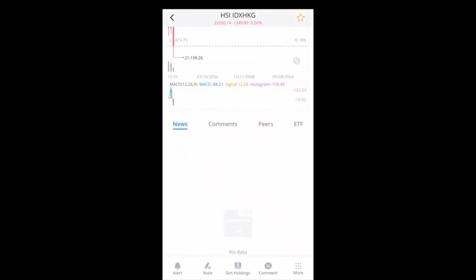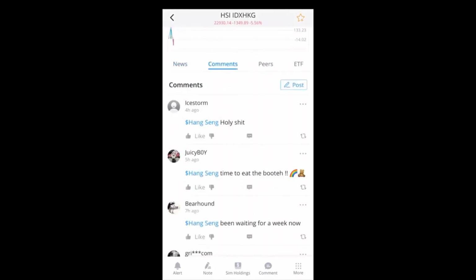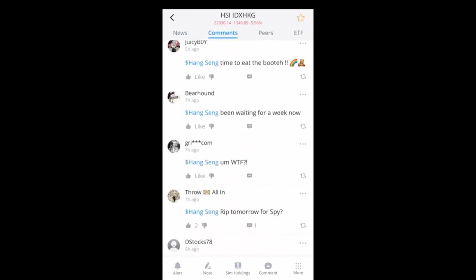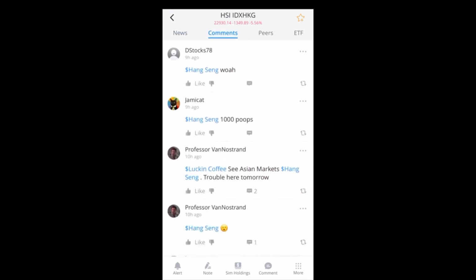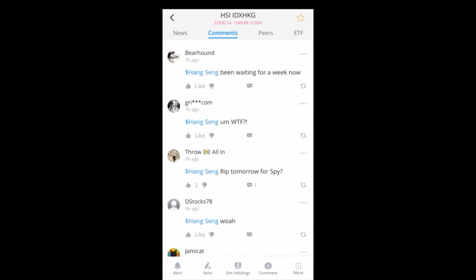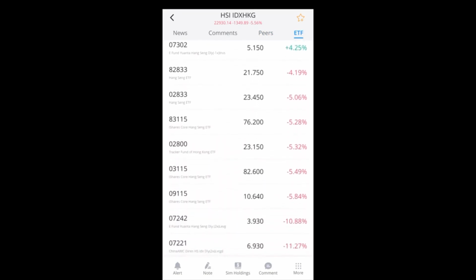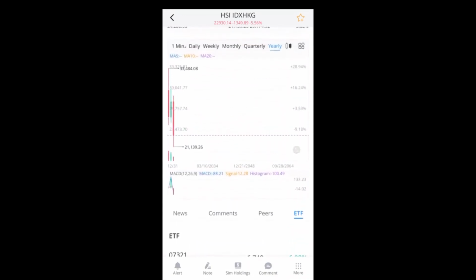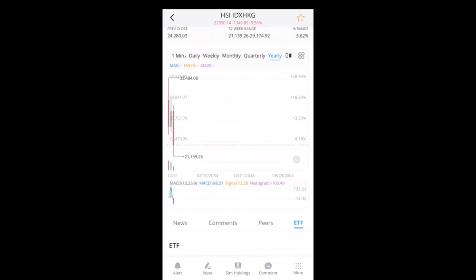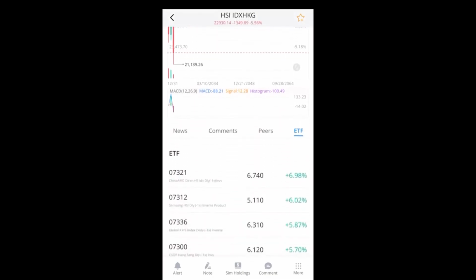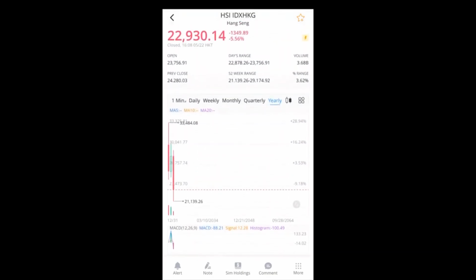So if you wanted to see the news, like, hey, what's going on in Hong Kong right now? You can look at comments. You can look at peers, so related stocks to the Hang Seng. You can look at ETFs and their performance. You can see which ones aren't performing well. I don't know much about the Hong Kong market, so off the top of my head, I wouldn't know any of these companies or any of these ETFs, but that information is there for you to view if you would like to. So going back,